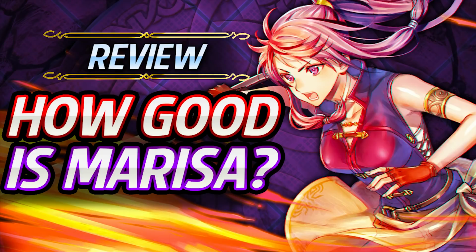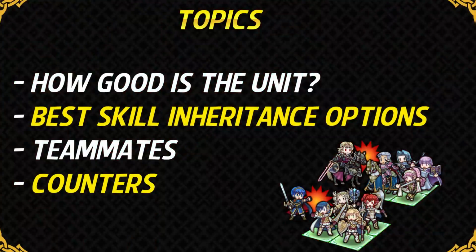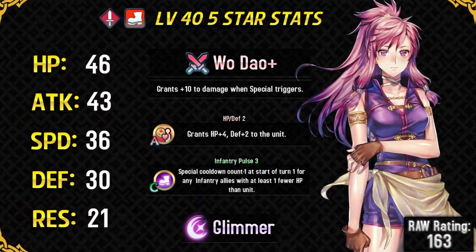Today I'm going to be reviewing Marisa. In this series I review a unit and tell you guys how good that unit is and what some of her best clearance options are. I also go over the teammates that you should be running with that unit and some counters that you should watch out for. So Marisa is a free to play unit that you get from the third mini Tempest trial,